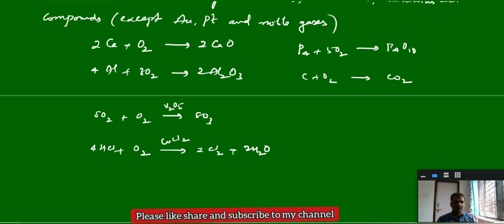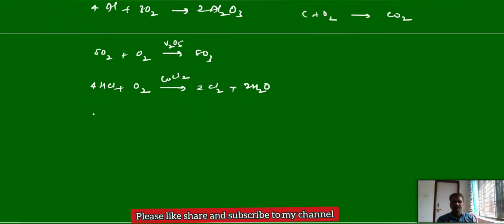Next, for preparation of nitric acid, we start from ammonia. Already we have discussed this in the Ostwald process. Platinum is a catalyst. It can produce nitric oxide. This nitric oxide will further give nitrogen dioxide and finally nitric acid. Like that, everywhere we can use oxygen. Here are a few examples of how oxygen can react with metals, non-metals and compounds.